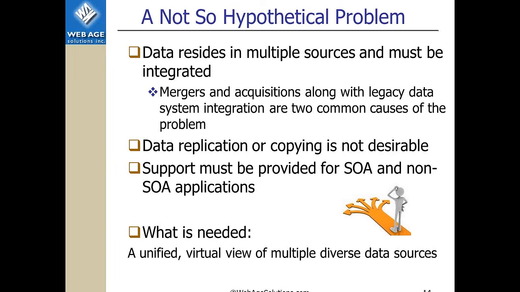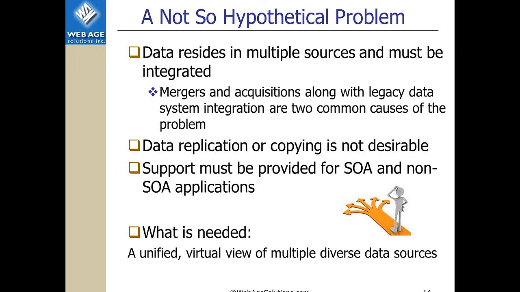Let's take a look at one of the not so hypothetical, theoretical problems. That's a real deal. So you've got data which resides in multiple sources and you would like to integrate it. Normally it happens as a result of some mergers and acquisitions that happen all the time in the market. And at the same time, data replication or copying over is not the right solution for many reasons.